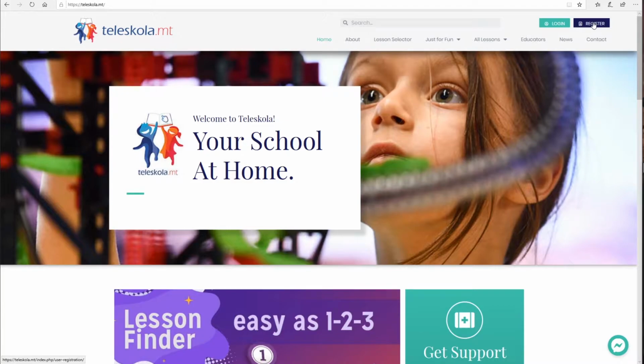If you don't already have a teacher account, please view the video on how to get a teacher account on Teleskola, and follow the steps on what you need to do to actually obtain a teacher level access account on Teleskola. Once you have your username and password for a teacher level access Teleskola account, all you need